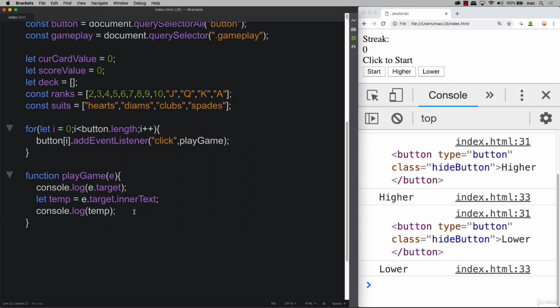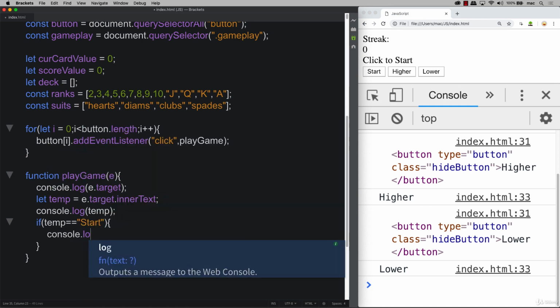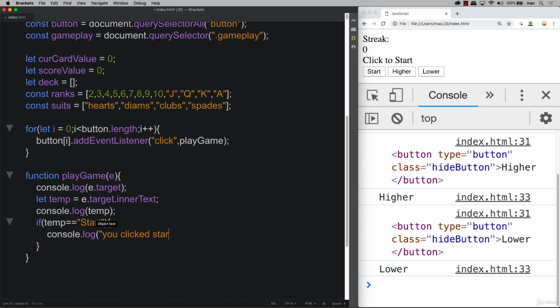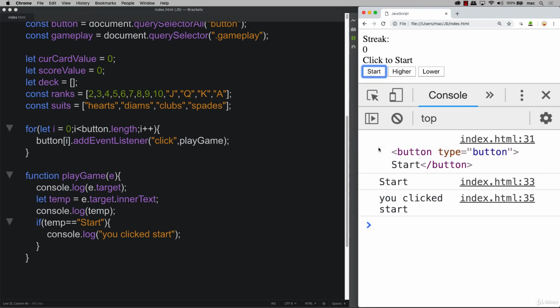Now that we have our inner text, we can use that in a condition, checking to see what the value of the inner text is. We know that we've got a start button, and if we want something to happen when someone presses the start button, this is how we can do that, where we can say you clicked start, and we can run a block of code here associated with starting the game. So we hit start, you see we clicked start,